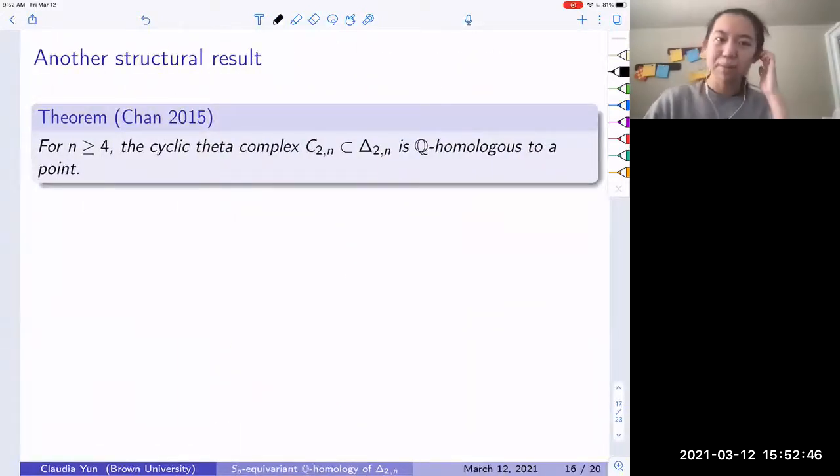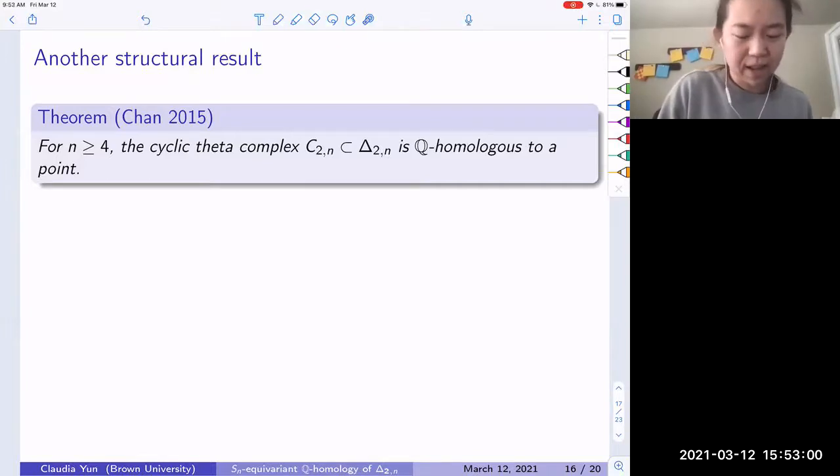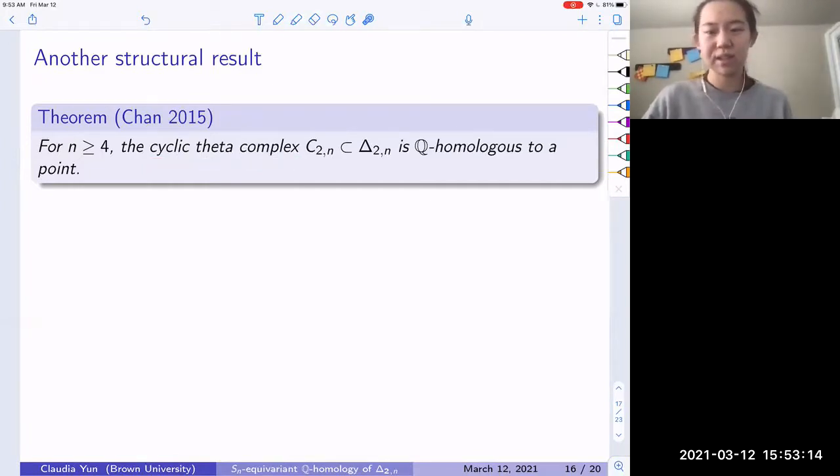And that's already a big simplification, but we have even more simplification that we can use. Another structural result was proved by Chen in 2015 that says for n at least 4, the cyclic theta complex is Q homologous to a point. And what goes in this cyclic theta complex? Well, it contains the bridge locus, first of all. And furthermore, it contains all